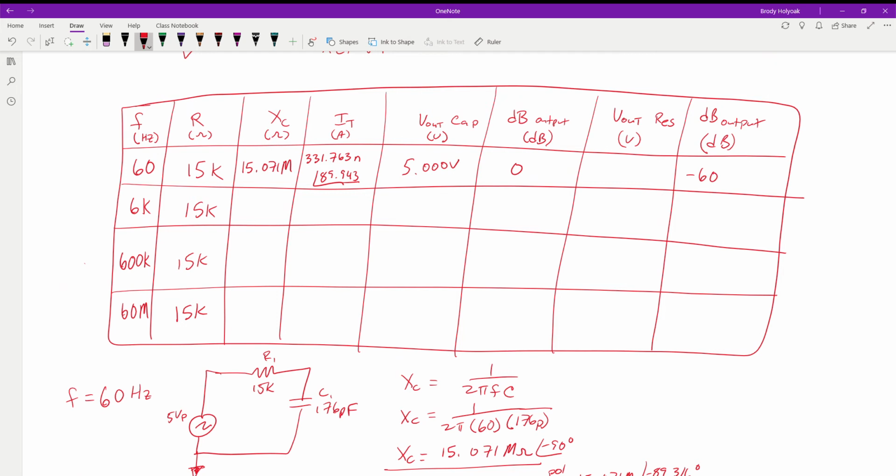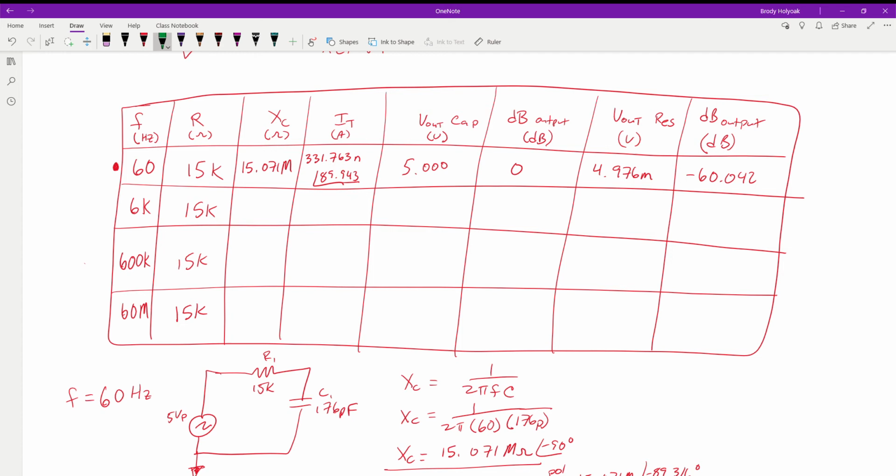Get to my notes, 60.042 decibels, and then the voltage out we had was 4.976 milli. Okay, so now that we have those, that is everything that we need to do for this first circuit, or for our first frequency. We've gone through and calculated everything. So now let's go ahead and we'll just indicate that this one is red in color.